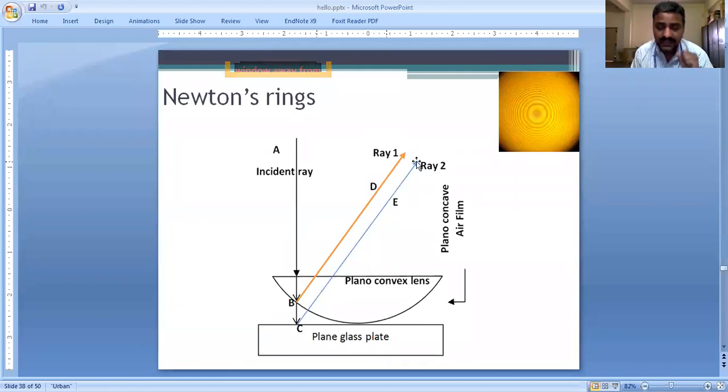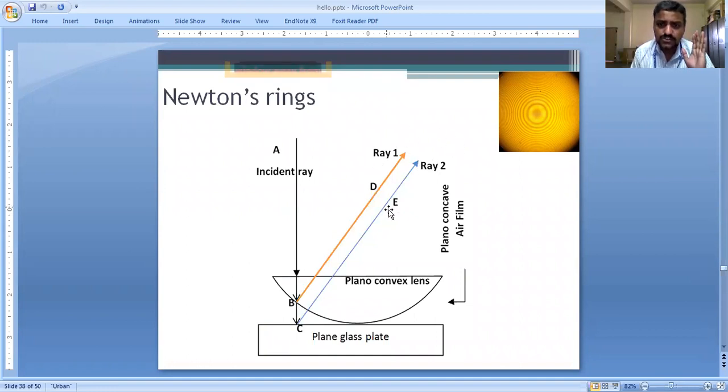Immediately one may question that for normal incidence, why the light rays are inclined. These are not the orientations of the reflected rays. Generally, it won't happen, Amma. We are intentionally drawing the diagram wrongly. Why? Because the incident ray, if it falls like this, the reflected ray will also go in the same direction because it is normal incidence. You cannot expect the light ray to travel this way. But for clarity, for understanding sake, we are intentionally drawing the rays with a little bit of inclination. Don't think that the rays are going this way. For normal incidence, they will go back in the same direction, not this way.